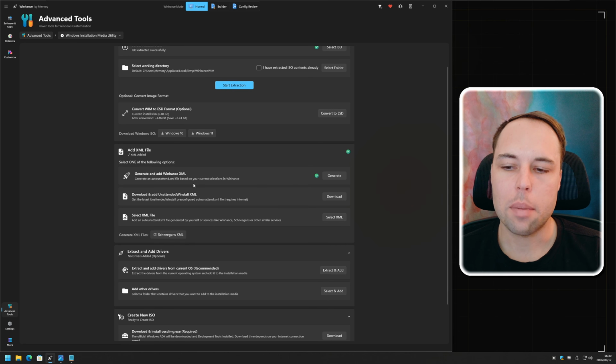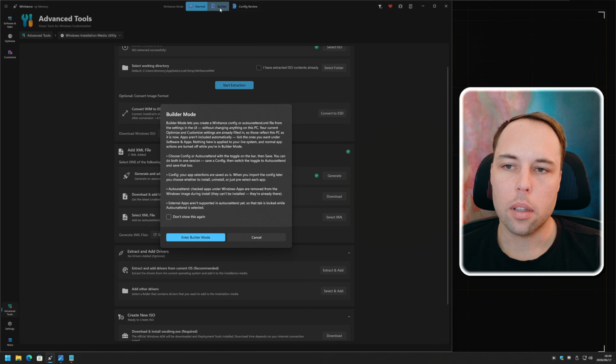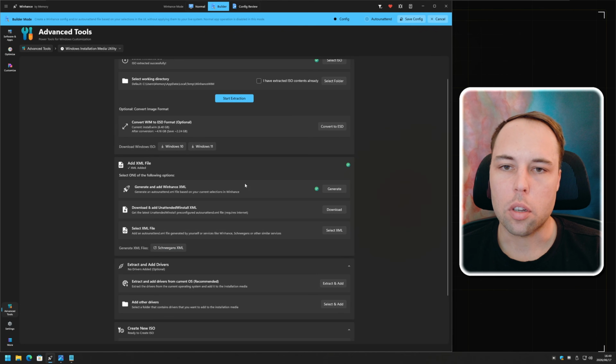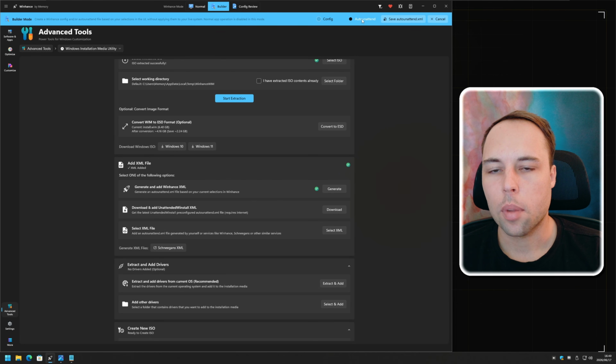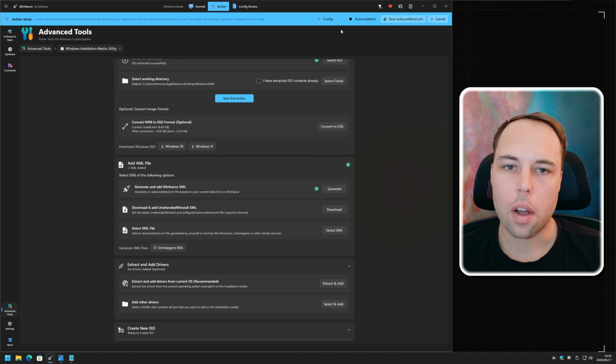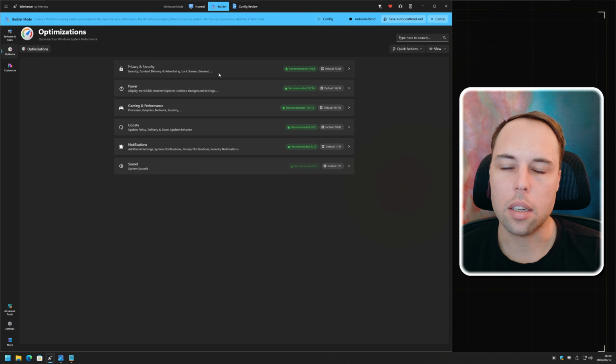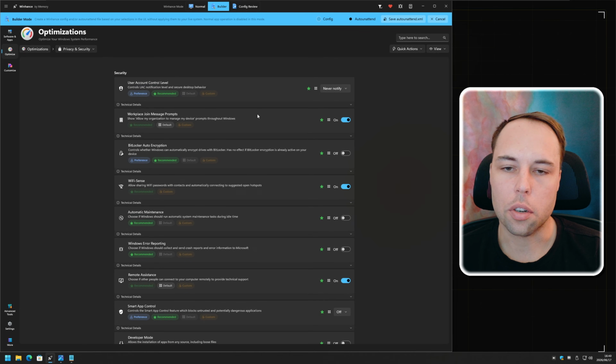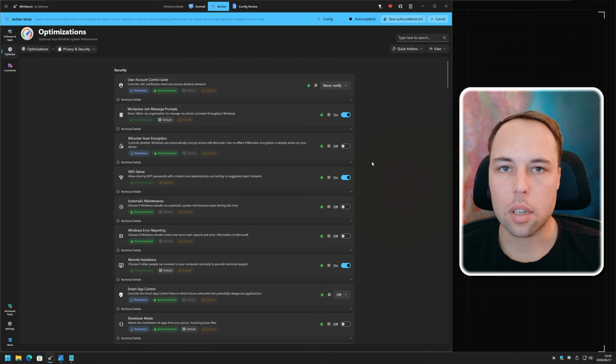Now this is obviously based on your current selections in WinHance, but that's also why the builder mode here, which we used to create a config file, has an auto unattend option here. Because the same way you can create a config file, you can also create an auto unattend file, and you can change these settings inside of the WinHance user interface without it applying to the system that you're currently using to run WinHance.